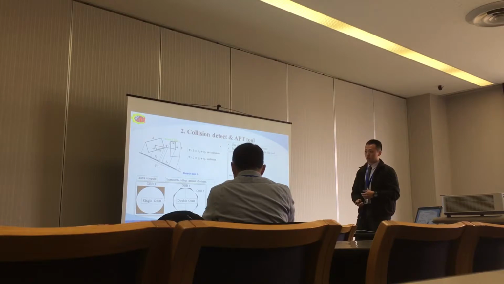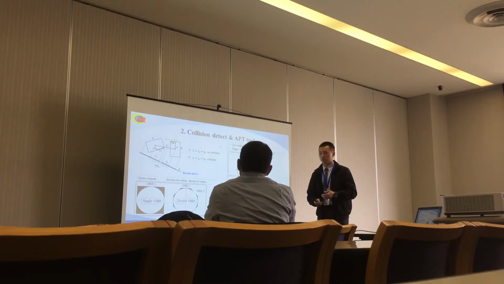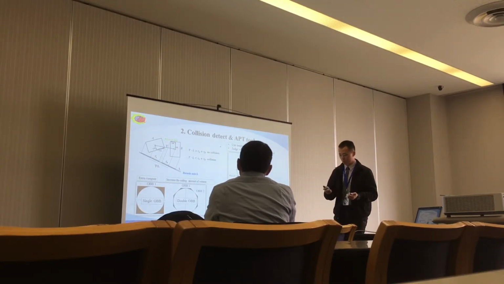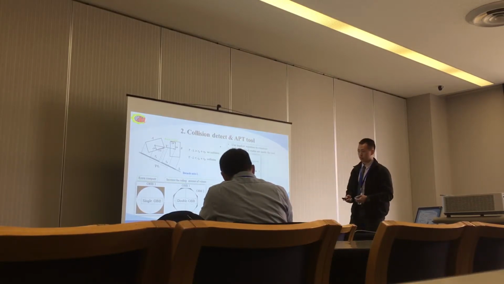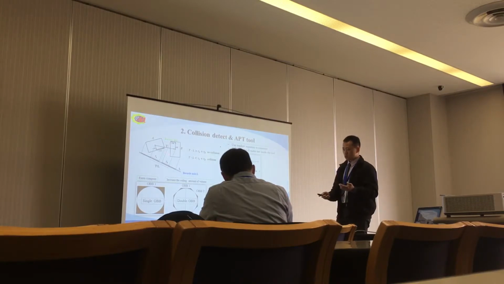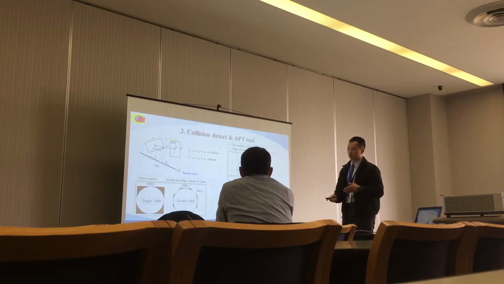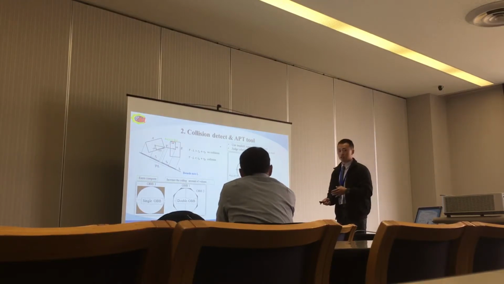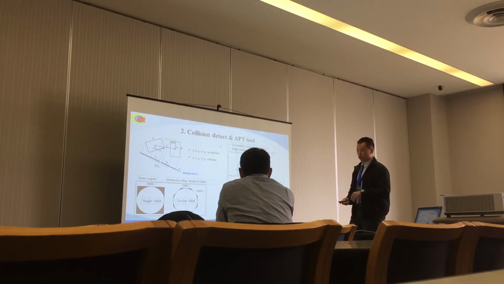And on this page, we will talk about the collision detection and the APT tool. So in order to determine whether the two objects are colliding with each other in the simulation system, we will use the OBB. So what is OBB? OBB refers to oriented bounding box. So how does OBB work? We simply project two objects' bounding boxes onto the separating axis, L. Then we will draw a perpendicular line to it called the separating line. And if this separating line can intersect with both objects' bounding box projections, that means the two objects are colliding with each other. And in this research, we will use the double layer OBB in order to increase the